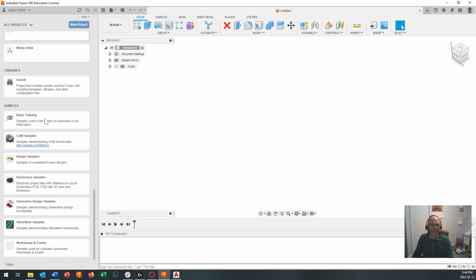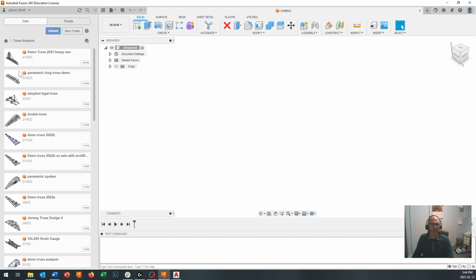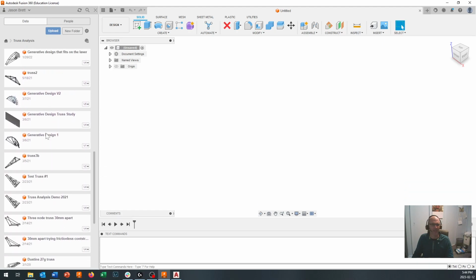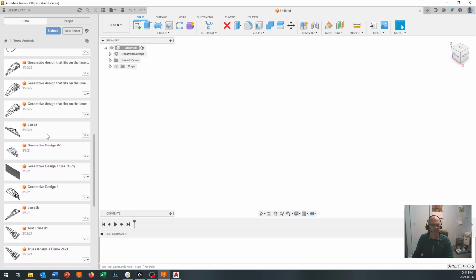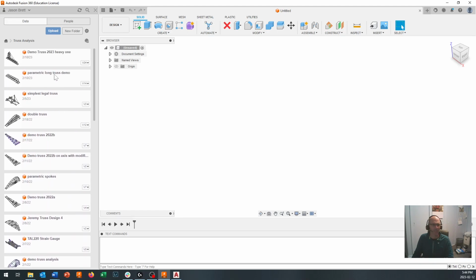Okay, now I've already got a project called Truss Analysis running, but why not create a new project and call it Truss Analysis and then go right into there. As you can see, I've analyzed a lot of trusses over the last little while and used some of the cool generative design features in here to come up with some ideas. I quite like this software, and I'm going to use it to show you how you can do this too,